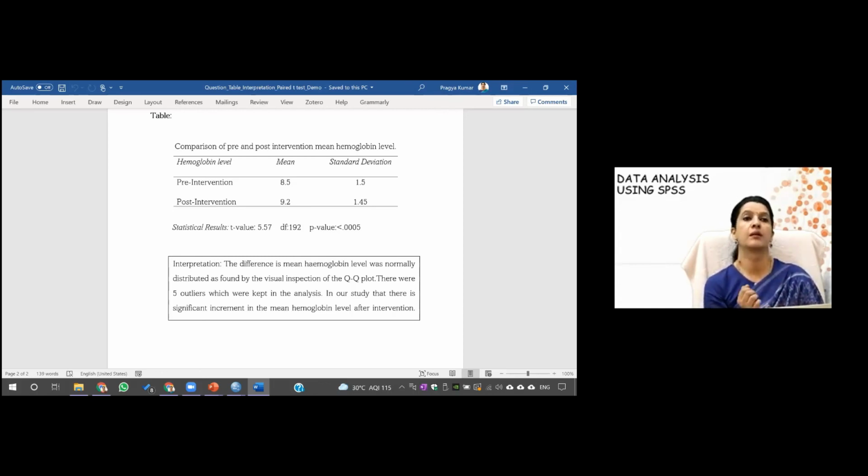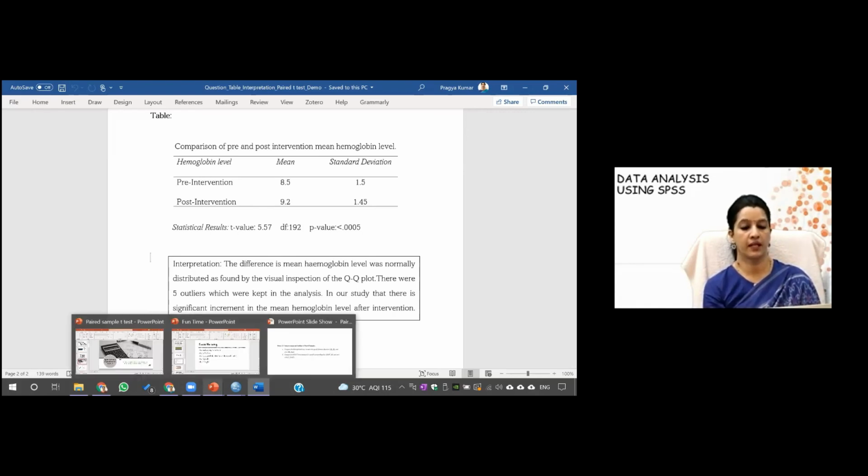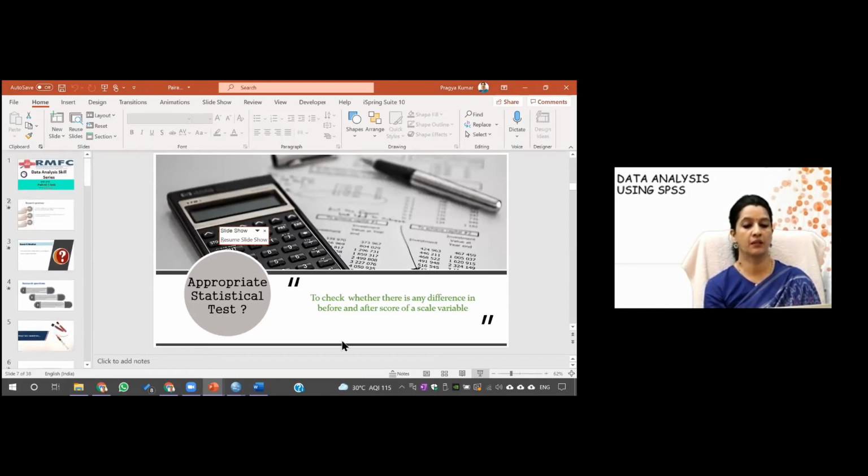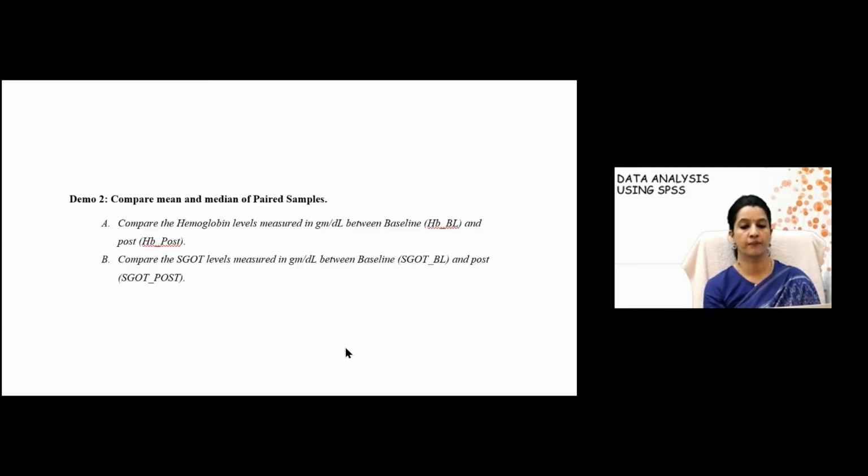So this is the paired t-test. Just to summarize once again, the paired t-test can be done on the same set of individuals. The most important thing which should be kept in mind is that there is only a single set of study subjects. You don't have different groups. No grouping in this paired t-test. So the same individual is either tested twice at 2 different time points or tested for 2 different conditions.